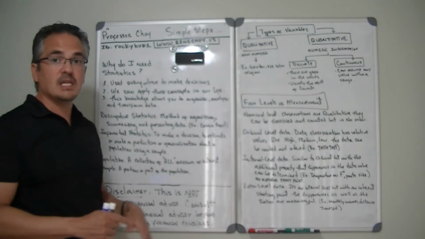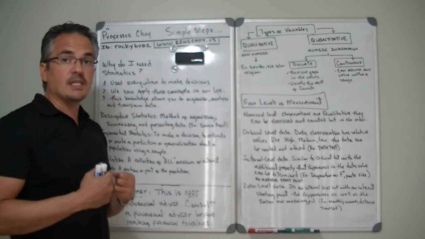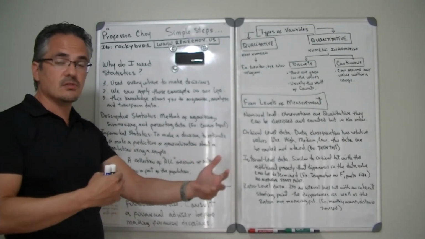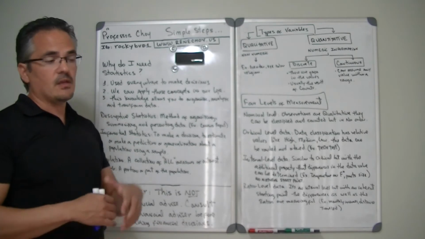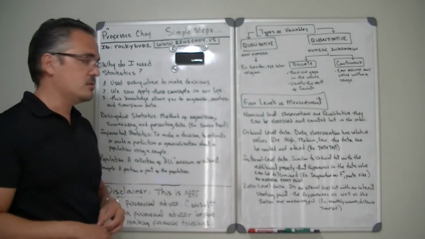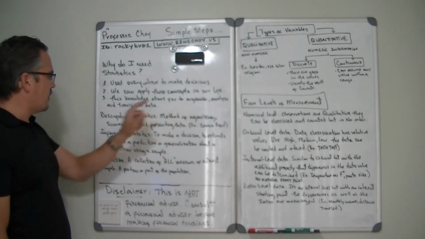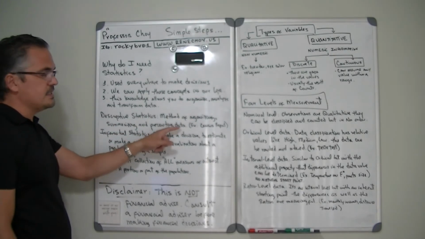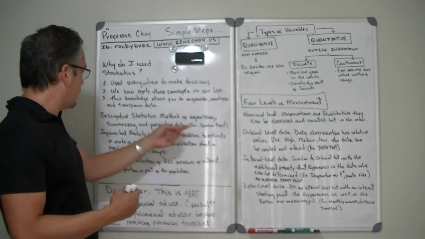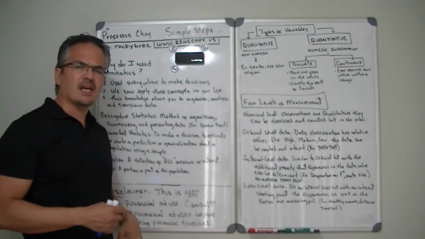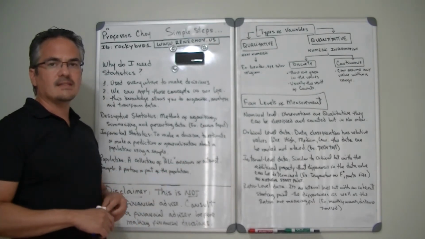One of them is that we collect information and present it to people. And the second one is we use it to make particular decisions, because we make inferences about things, like inferences about a particular population. So a descriptive statistic is basically a method of organizing, summarizing, and presenting data. So it's just teaching you how to organize, summarize, and present data. And that's normally what we do in the first few chapters in our statistics class.